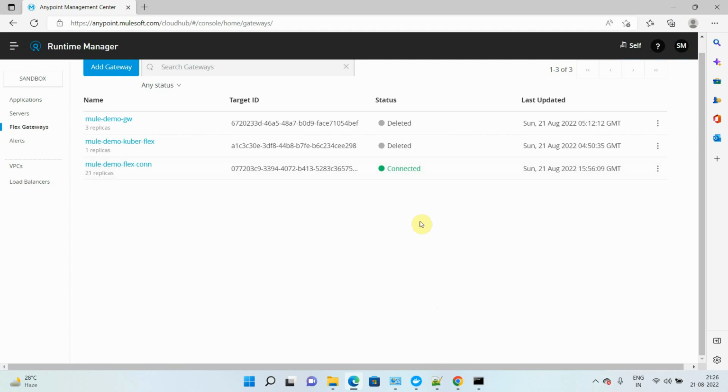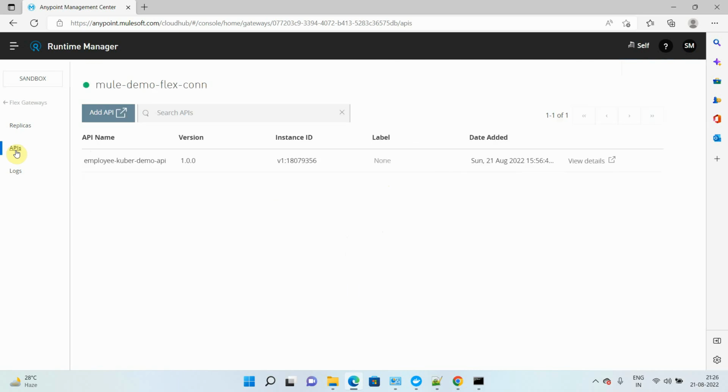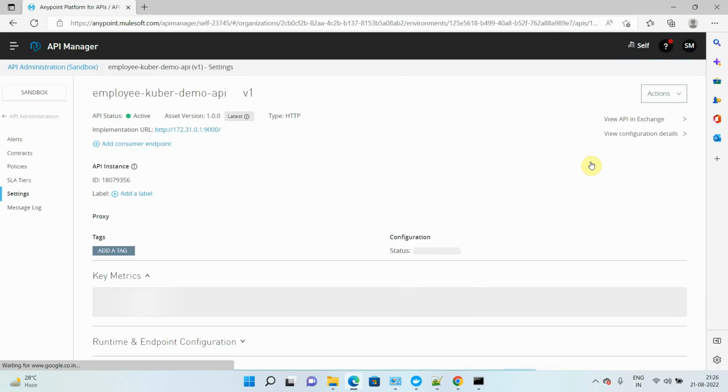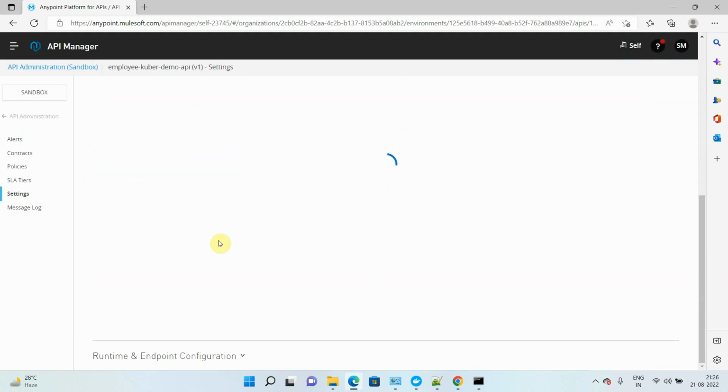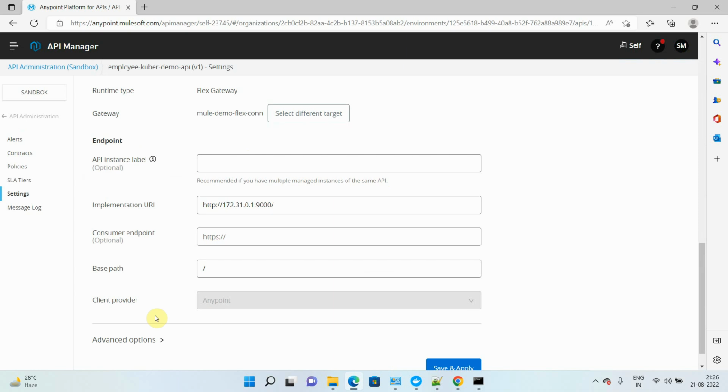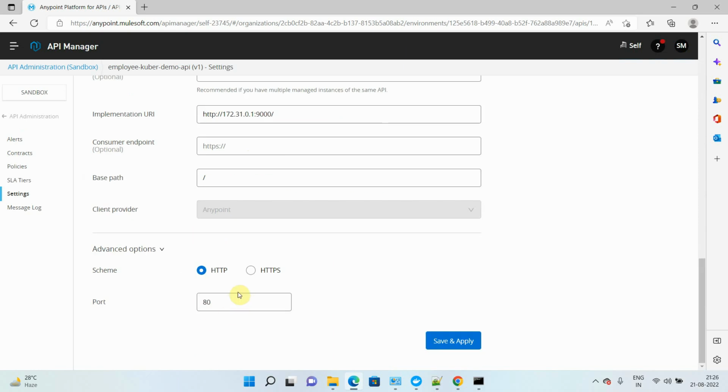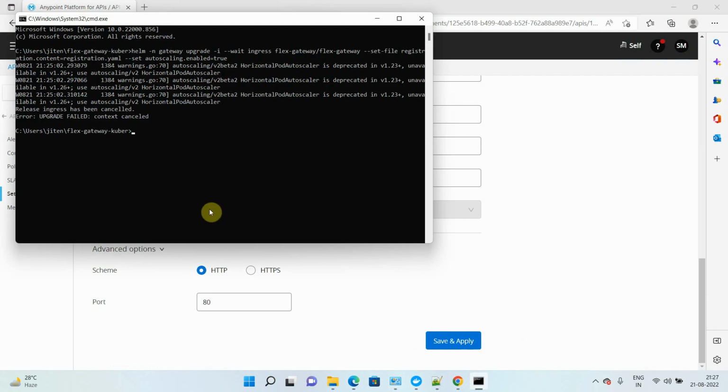So I have already created the Flex Gateway. You can see this particular Flex Gateway is in connected state and I have already published one of the APIs, the employees API. Let me go back to my employees API and here you can see it is currently running on port 80. If I want to access this particular Flex Gateway, you can simply say minikube